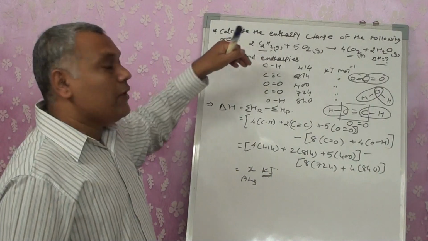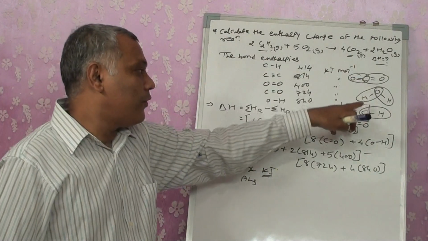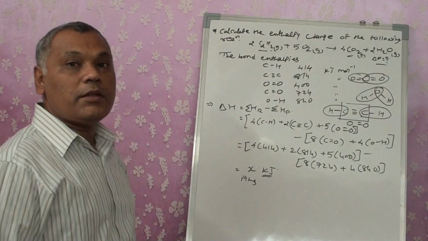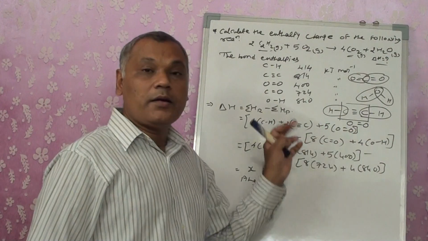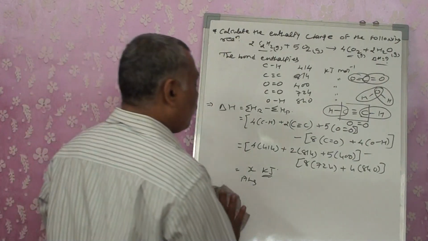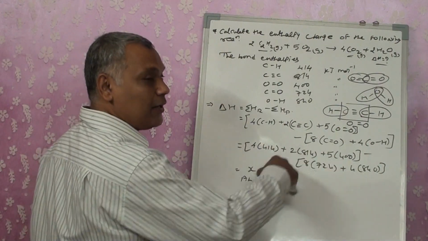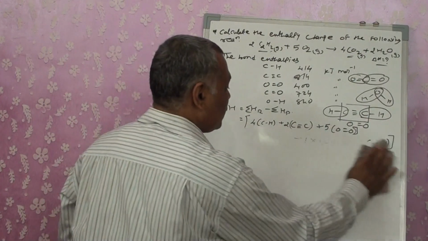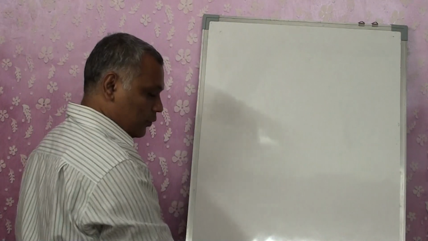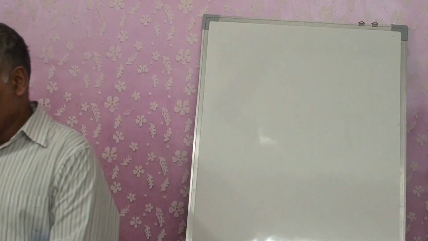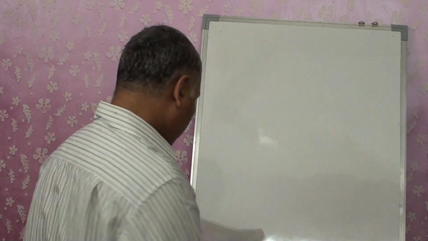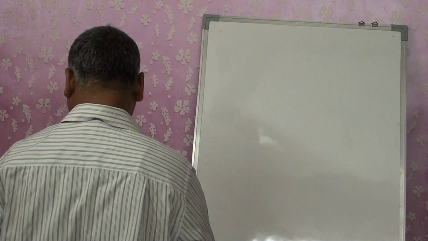So when we are given the bond enthalpies, this is the factor we have to find out. We should know the exact bonding, and then only will we get the correct numbers, right? Okay, for practice we will do one more numerical. Make sure that addition, subtraction, multiplication and division are done correctly, since you are going to use calculators, so that we don't get anything wrong. Let's do one more numerical that is given to us.